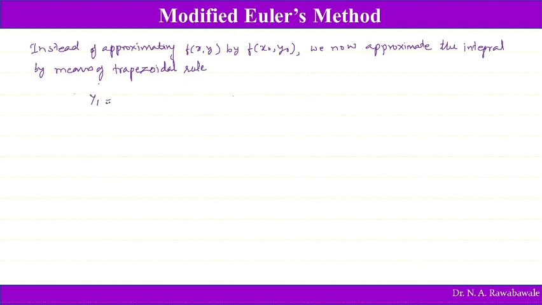Therefore, here y1 is given by y naught plus h by 2